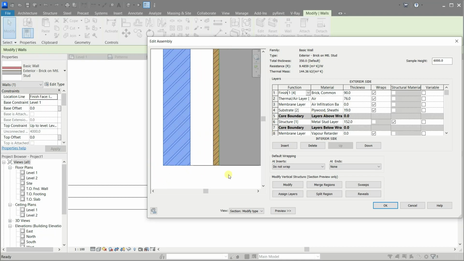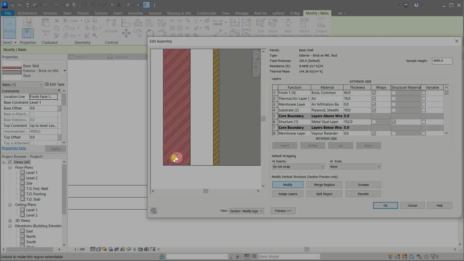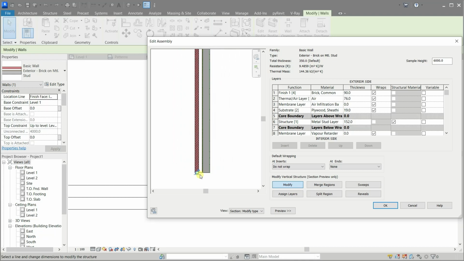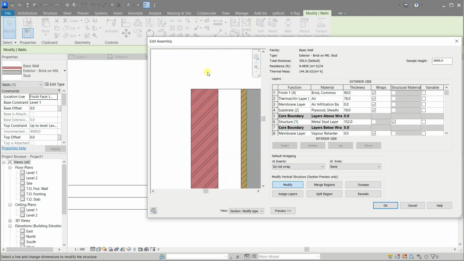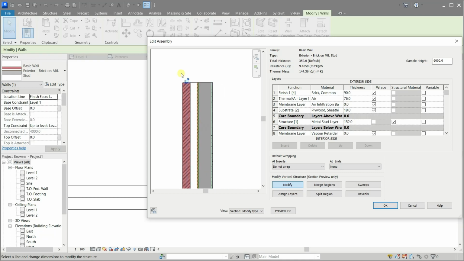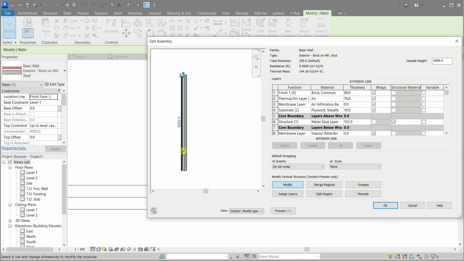Now, if you click any layer, in our case, the first one, then press the Modify button, then go down and select its bottom edge, you will see a padlock. If you click the padlock, it will be unlocked. This is an external wall layer. You can do that also with the upper part of that layer. Click the edge, then click the padlock, and it's unlocked. Now press OK and let me show you what that did to our wall.